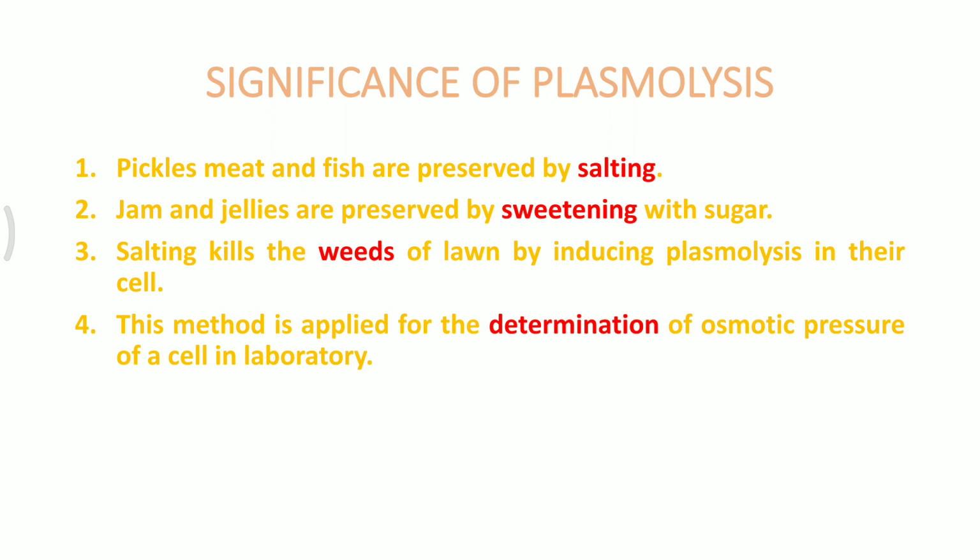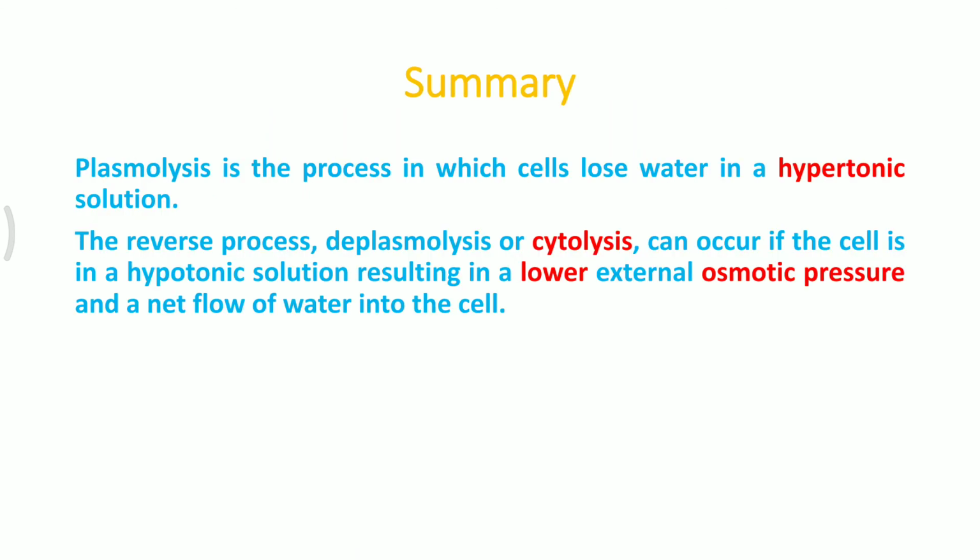Next, this entire technique of osmotic pressure or plasmolysis can be used in order to study the osmotic pressure in the laboratory condition. So all these terms which we have studied by now give us an idea that plasmolysis is the process in which the cell loses its water when it is kept in a hypertonic solution. It means the concentration of solute in the hypertonic solution is way much higher, and that's why water molecules are less in a hypertonic solution compared to the solute.